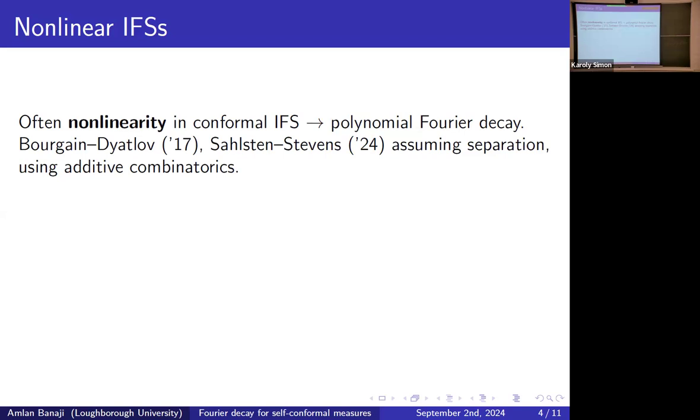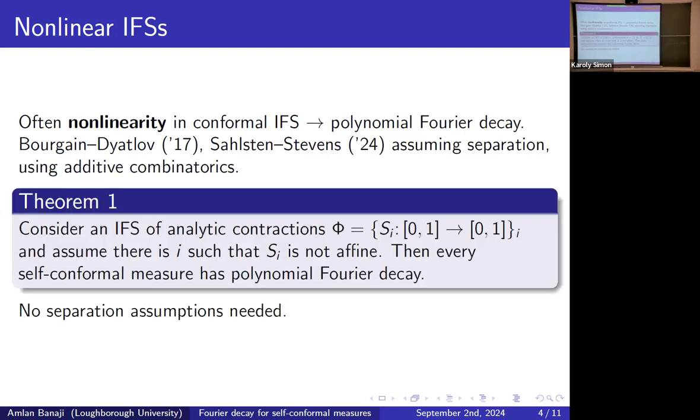And a couple of remarks about these existing theorems. These use additive combinatorics. In particular, these two results use Bourgain's discretized sum product theorem. And they also assume separation conditions. And it's very difficult to remove the separation condition from these kind of results. But that's exactly what has been done in 4 recent papers. And we now have quite a complete picture of what happens for self-conformal measures on the line in terms of Fourier decay. So here's a theorem